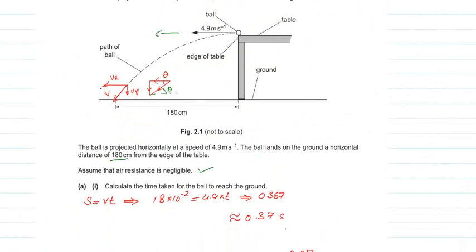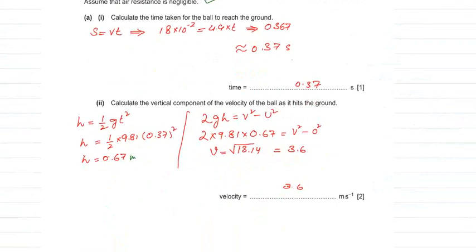But it has some final vertical velocity. So we need to find the vertical component of the velocity as it hits the ground, that is, the vertical component of the final velocity. Since the initial velocity is zero,